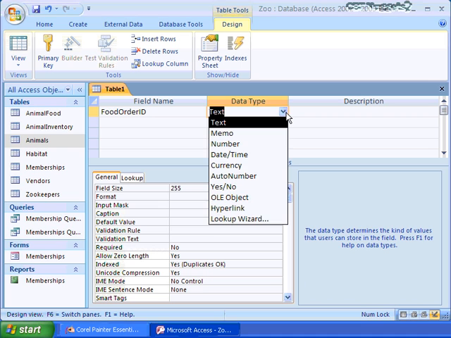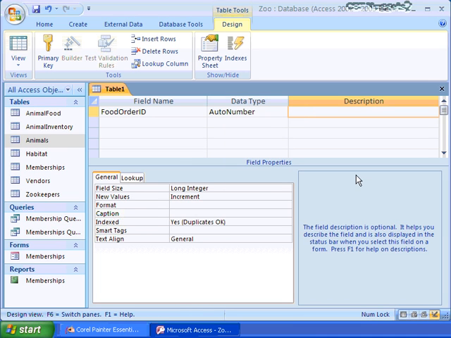As indicated, food order ID should be auto number. So I'll go ahead and click auto number. I like to type a description as well. So this will be an ID number incremented by 1. And actually, I think auto-generated